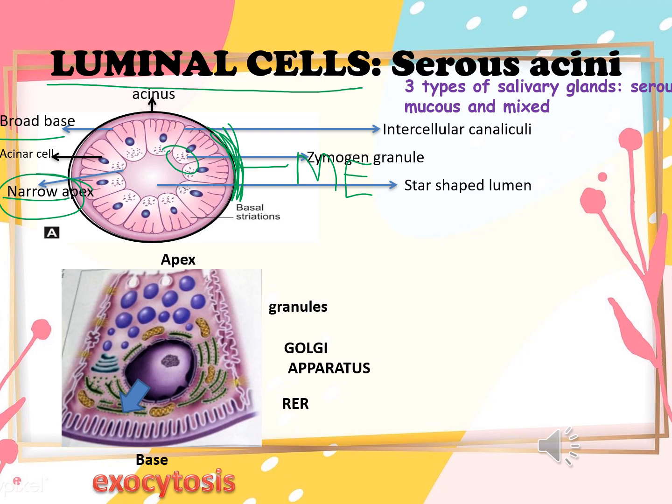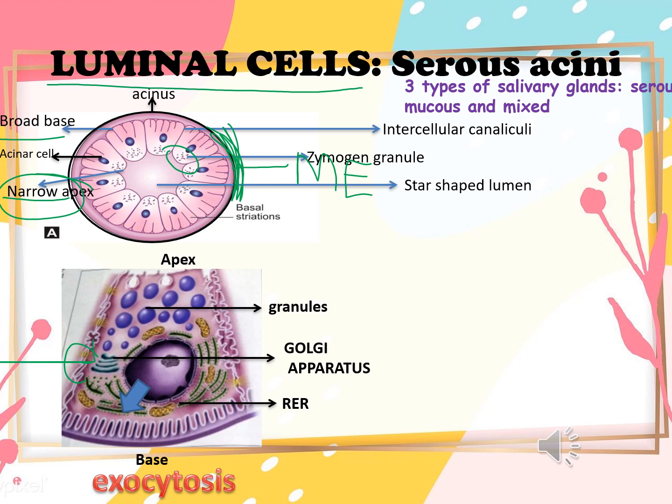So how does this process start? Let's see now. Firstly, the nucleus sends a signal in the form of mRNA, and this signal is received by the ribosomes. Ribosomes go and attach to the endoplasmic reticulum and form the rough endoplasmic reticulum. And as we all know, the rough endoplasmic reticulum's function is to produce proteins. Now these proteins from the rough endoplasmic reticulum are transported to the Golgi apparatus, where they are further organized and packed in the form of vacuoles. At this stage, pre-secretory granules are present in the vacuoles.